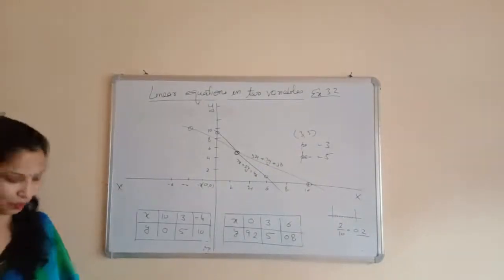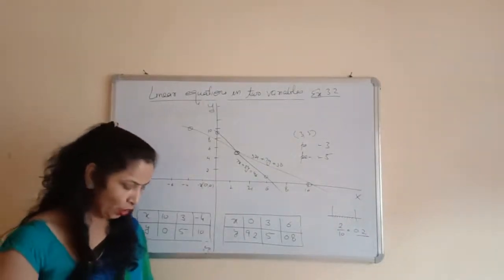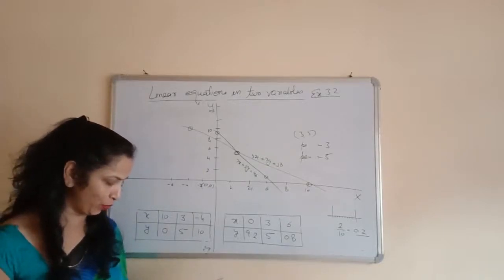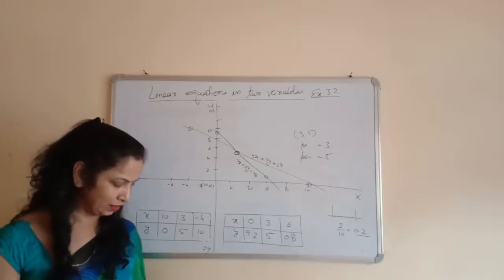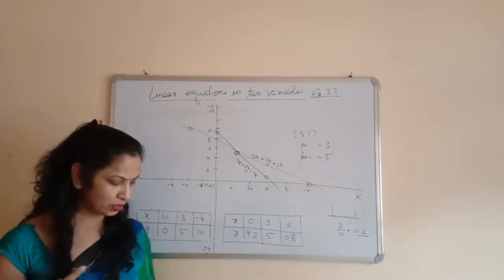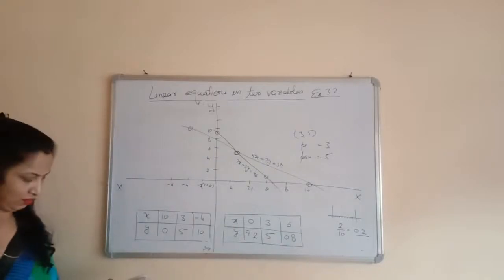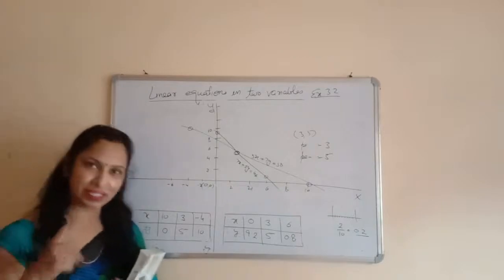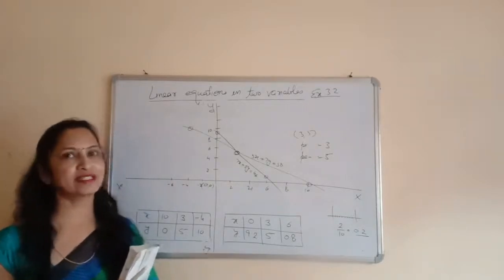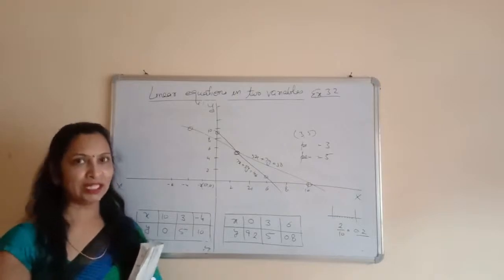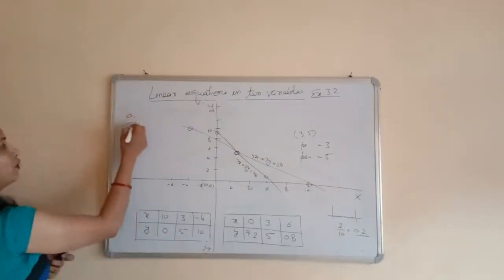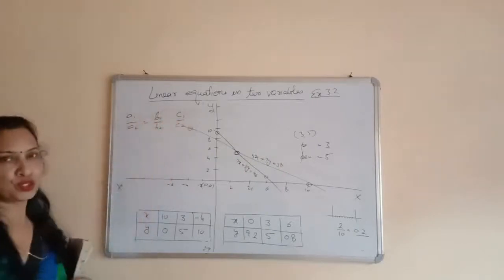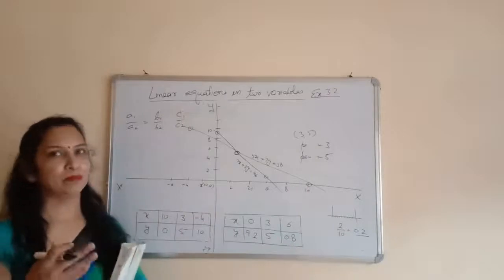This is the second part of the question. In the second question, on comparing the ratios, find out whether the pairs of linear equations representing lines intersecting at a point are parallel or coincident. You have to say whether the lines will be intersecting, parallel, or coincident with each other. I explained in the last lecture that by comparing the ratios, that is A1 upon A2, B1 upon B2 and C1 upon C2, we can find out whether the equations are intersecting, parallel or coincident.